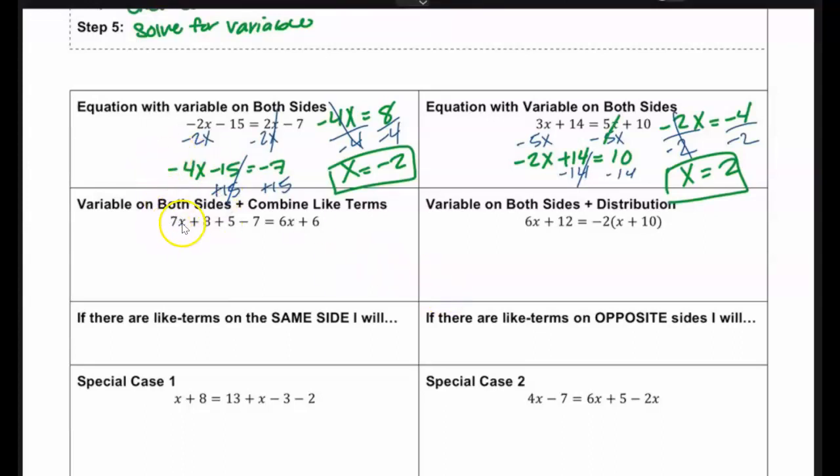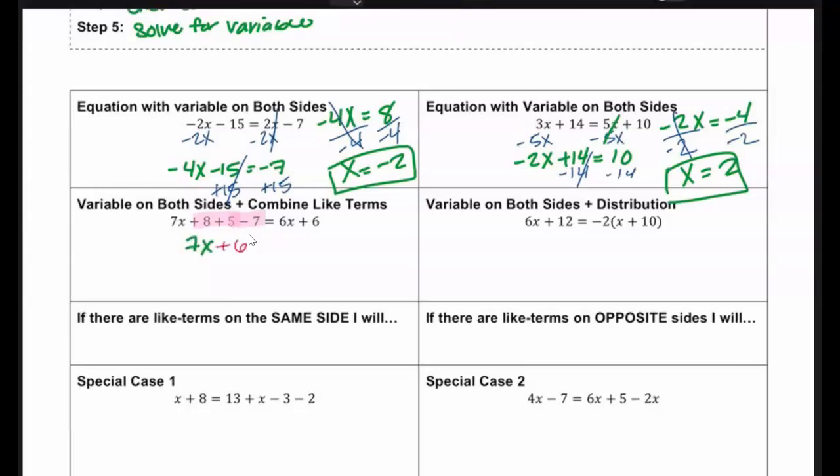So, on the left side, I only have a 7x, but that's not the only thing that can combine. I can combine the 8 with the 5, but I can also combine them with the negative 7. They're all constant, so they can all combine together. Now 8 plus 5 is 13. 13 minus 7 is 6. So I'm left with 7x